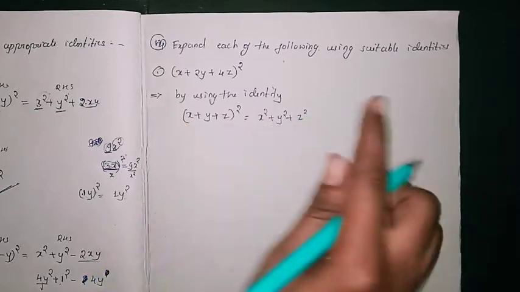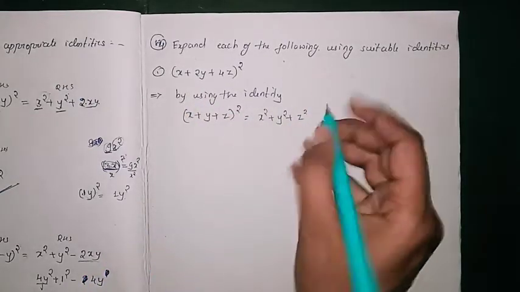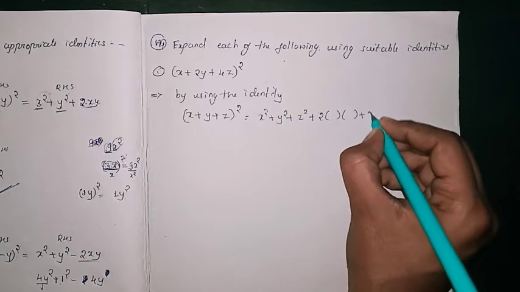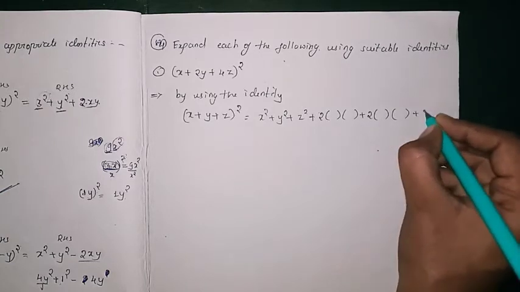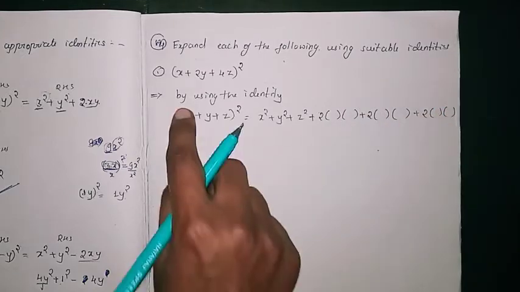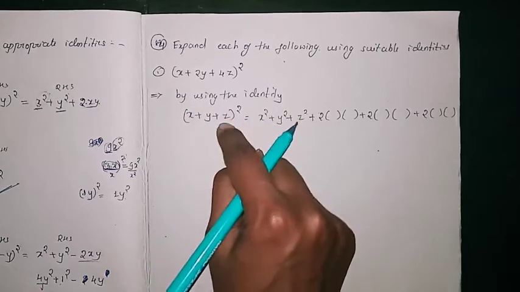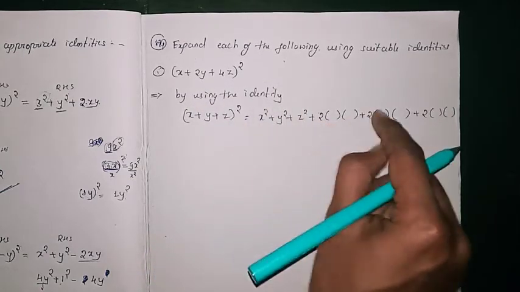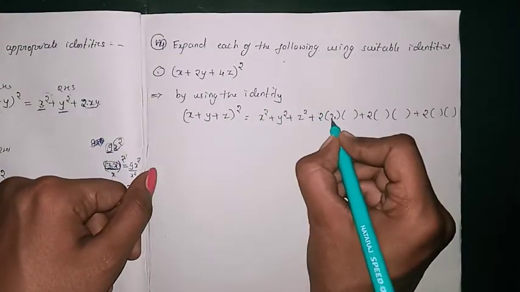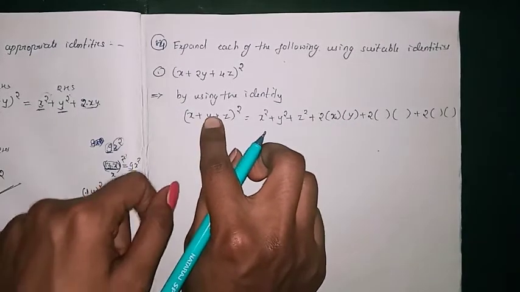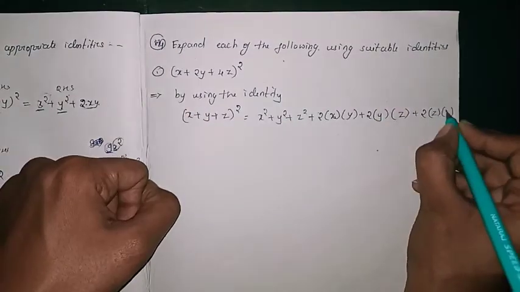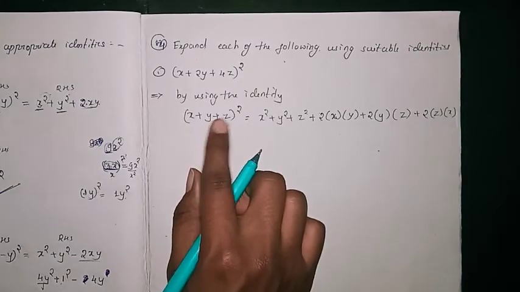So whenever the question comes, first think of the square term of all three, and after that 2 into the bracket 2 terms, plus 2 into the bracket 2 terms, plus 2 into the bracket 2 terms. Okay, so how to remember the formula? How can you easily remember? First all the terms square, x square, y square plus z square. After that 2 into 2 terms, 2 into 2 terms. Here at the first term you write x and y. After that y and z. So now y and z. Now remaining z and x. So it is z and x. So your formula is x plus y plus z whole raised to square.